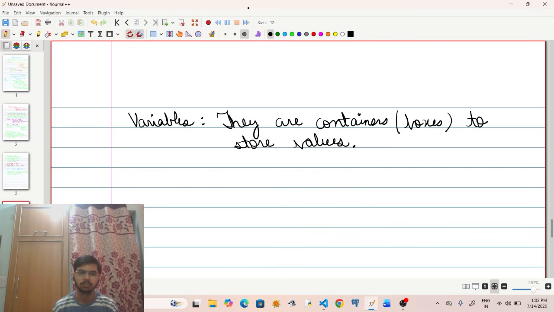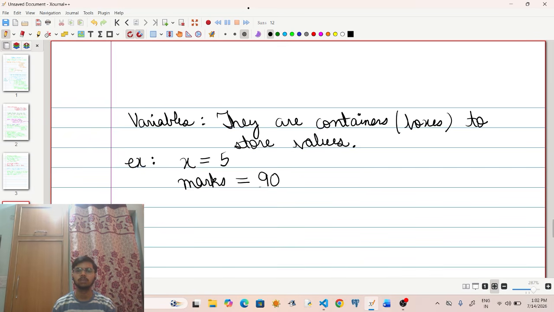Let me give an example: x is equal to 5, or marks is equal to 90. If you want to store this particular value 90 or 5 in your program and use that value in the future, you can store it in variables such as marks or x.